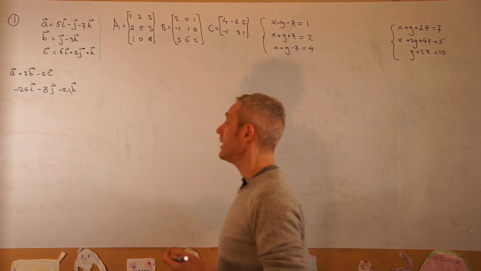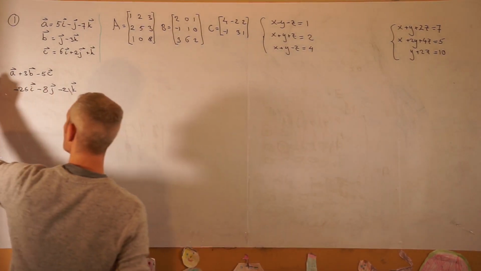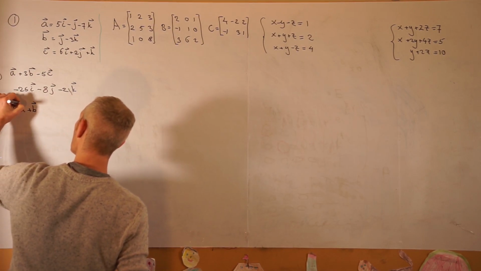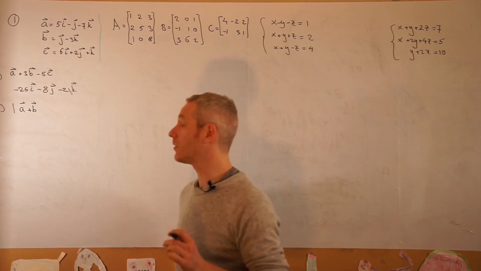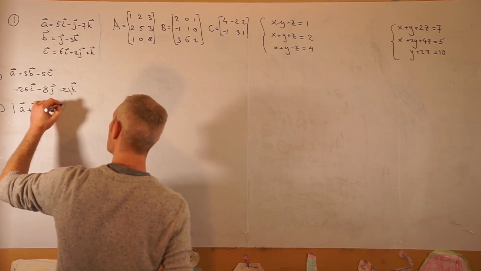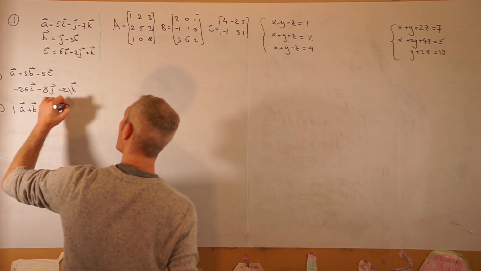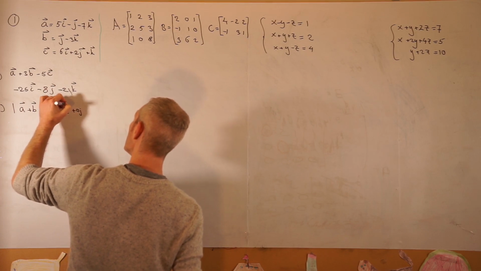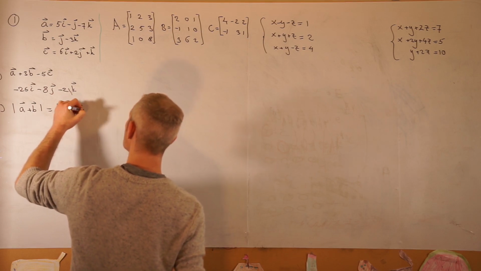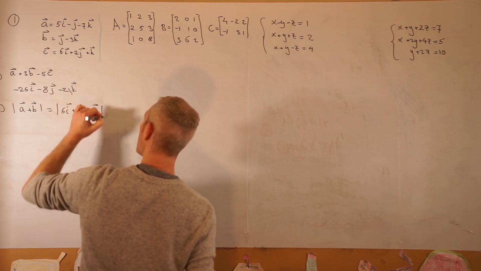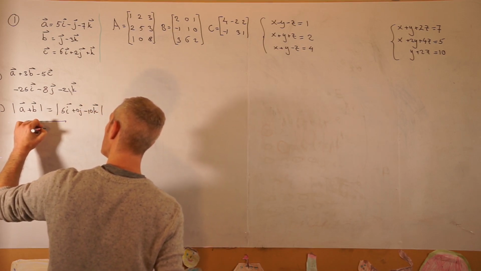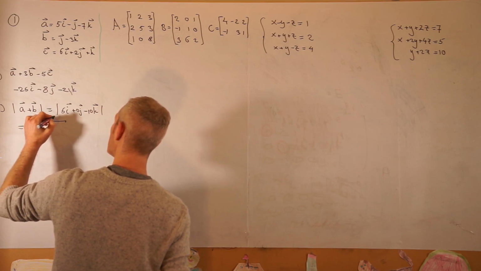The second question is, this was part b, determine the length of A plus B, and please make sure that you put the vector notation above the vectors. Well, let's see what A plus B is. So that's the length of 5i plus 0j minus 10k, and the length is then equal to the square root of 25, so 5 squared plus 0 squared plus